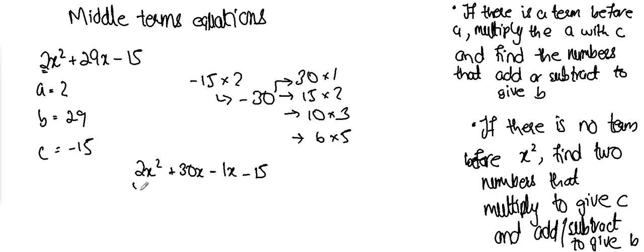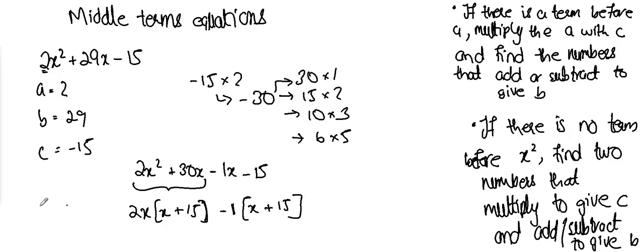What do we have to take common here? No, we won't take x as common. 2x. 2x, x plus 15. Good. Minus 1 as common, x plus 15. So we have two brackets, x plus 15 and